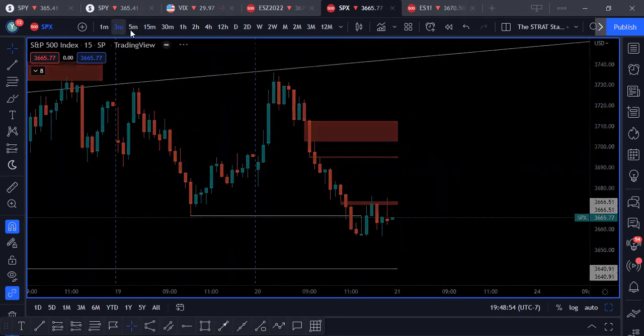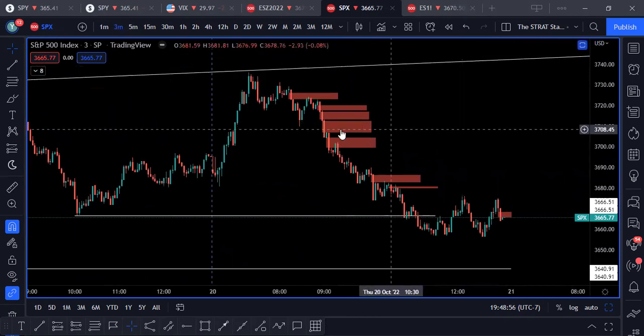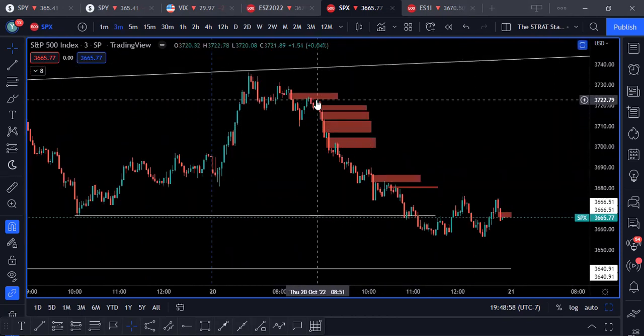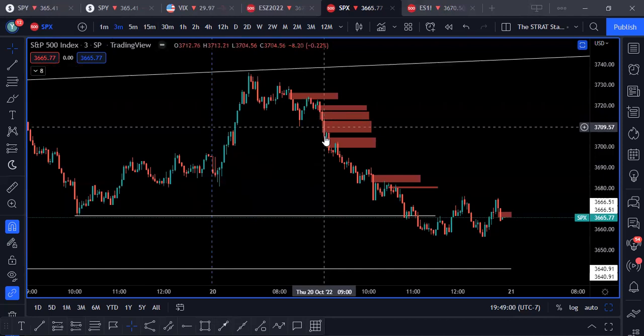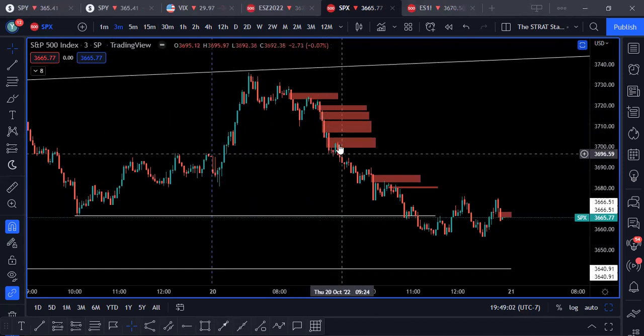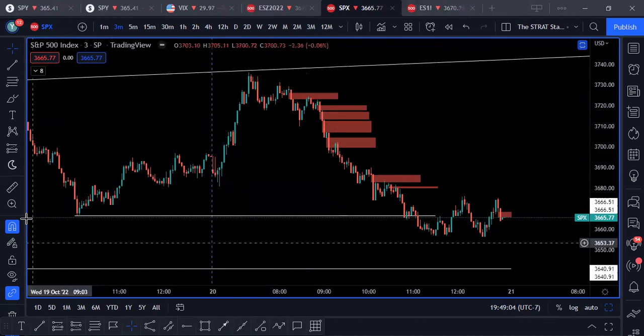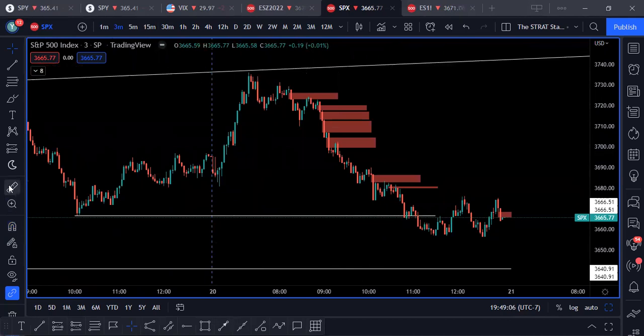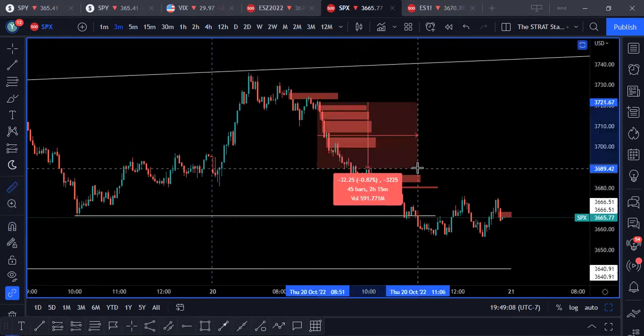Like I'll miss a move. I'm waiting for a retracement. I don't know if anybody else has had that. Like here, it technically didn't. After this, it never retraced again. So people were probably waiting to retrace it to one of these, and it never did. So they missed out on a bunch of points. I don't know if that happens to anybody else. That happens to me a lot.